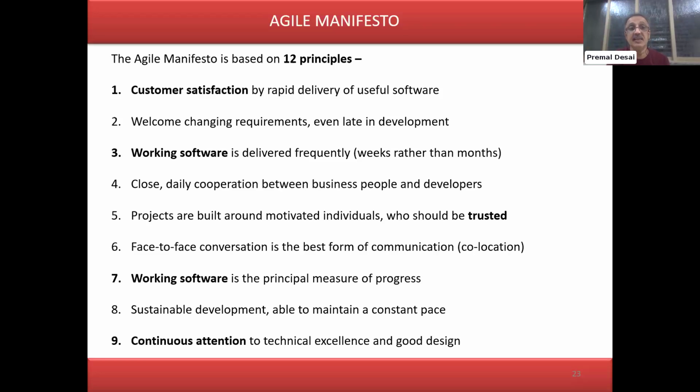First is customer satisfaction. Second one is welcoming change, because change is the only constant. Change is inevitable. Change cannot be avoided. You need to have change. So welcoming the change. Working software is most important. Fourth one, close and daily cooperation between business people and developers. That's why in Scrum, we talk to business, users, sponsors, and stakeholders on a regular basis. Every 10th day of the sprint, usually, we talk to the stakeholders and